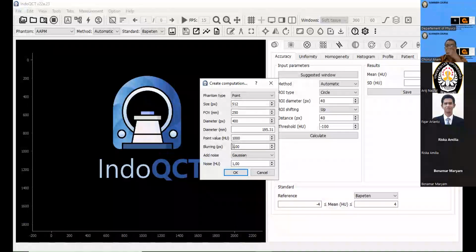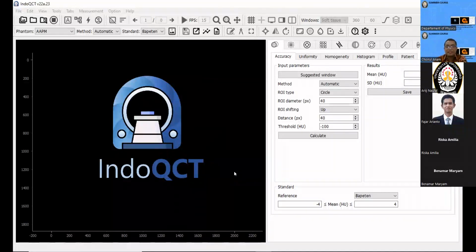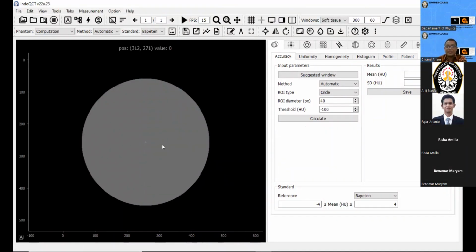If we open it, we will get the point phantom with blurring at 1 pixel. The result is like this. This is for measuring the MTF. Yeah, I forgot, the first one, we will open the visual observation first.